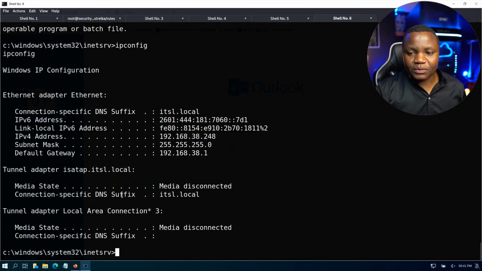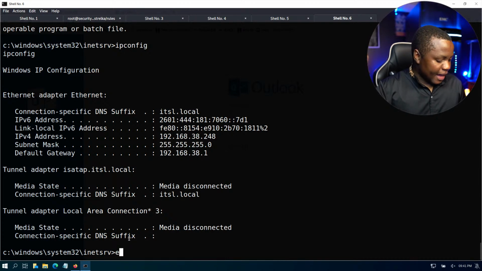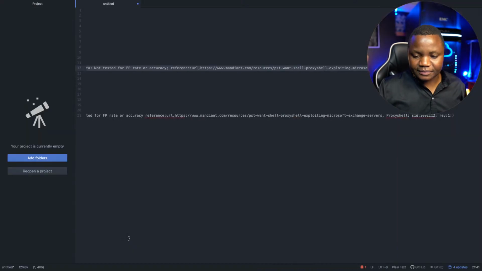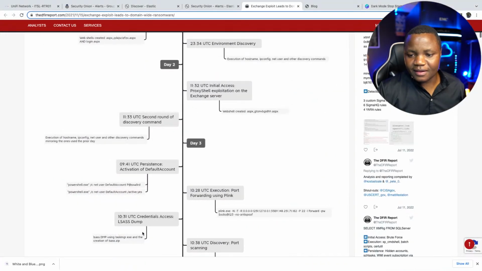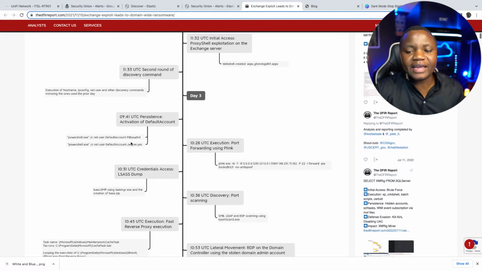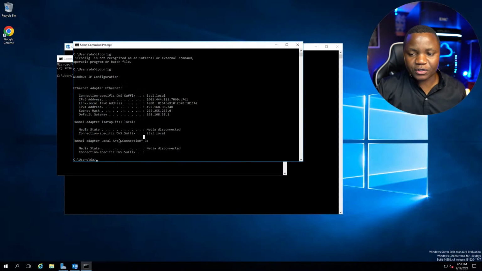Okay, we did what the bad people did. The last part that they did was they dumped some passwords, or they gained persistence here when they ran net user default account password. Actually, yeah, they created an account called default account. This doesn't exist on Windows. Do you see this one? I think it's clever in a way, naming it default account, because